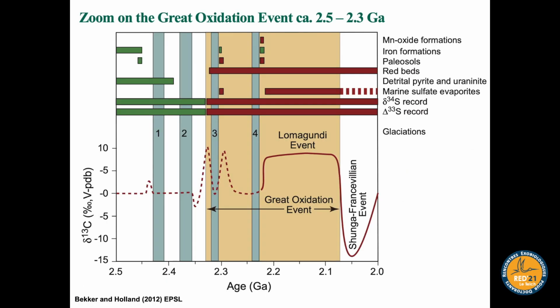Now let's zoom in on this Great Oxidation Event. Here you can see a zoom between 2.5 and 2 billion years ago. What you can see is actually several different proxies listed on the right-hand side of this panel. We're going to talk about some of these in more detail, but I just want you to see the overview of this transition and how multiple lines of evidence, multiple proxies, line up to show this change in atmospheric oxygen at this time. The first one is the presence of